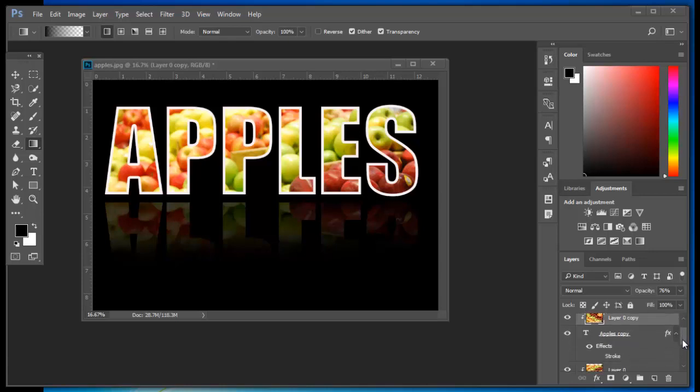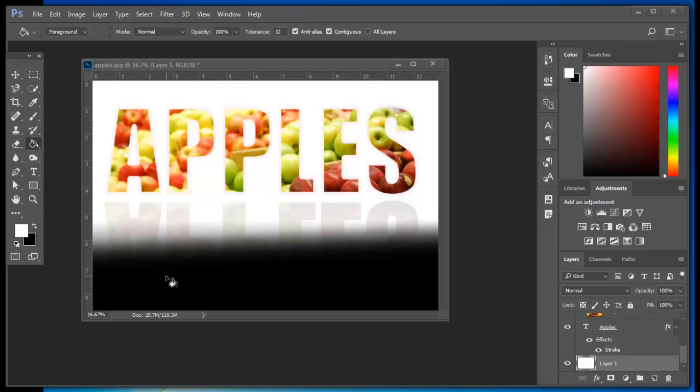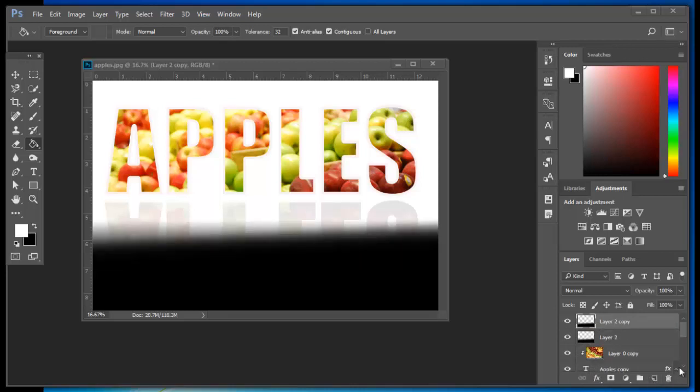One other quick thing I am going to show you, in case you want to use, for example, white. What you can do in that case is I'm going to select this Layer 1, and I'm going to switch my layers to white. And then I'm going to come back here with my paint bucket and paint white. Now I've got this black gradient. So what I would need to do in this case is go back up here and just delete that Layer 2 and